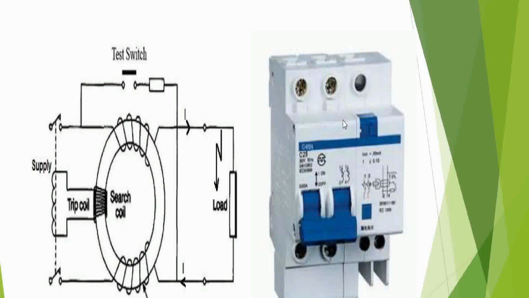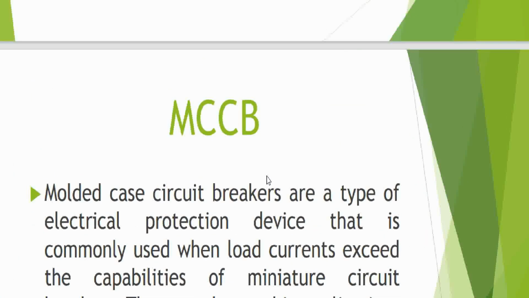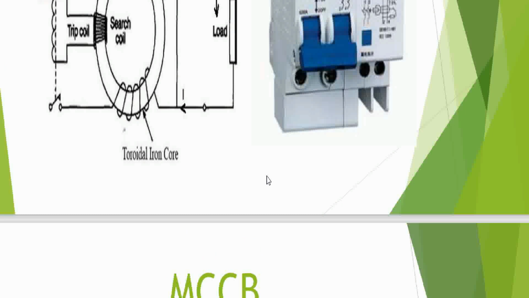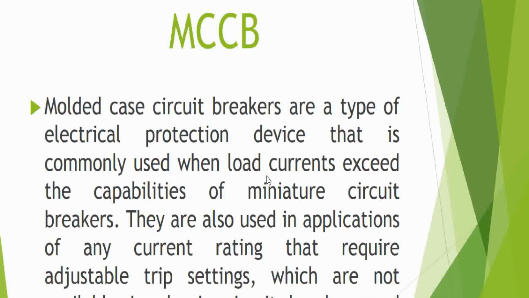So this is your ELCB. If you observe, you'll find this in your home itself. In your power circuit board, you'll find this ELCB and MCB. Till now, before knowing this unit 5, you have seen all this circuitry in your home, but now in the 5th unit you are going to see how this circuit breaker works, how this MCB works. Okay, this is your ELCB and this is your MCB and this is your MCCB.